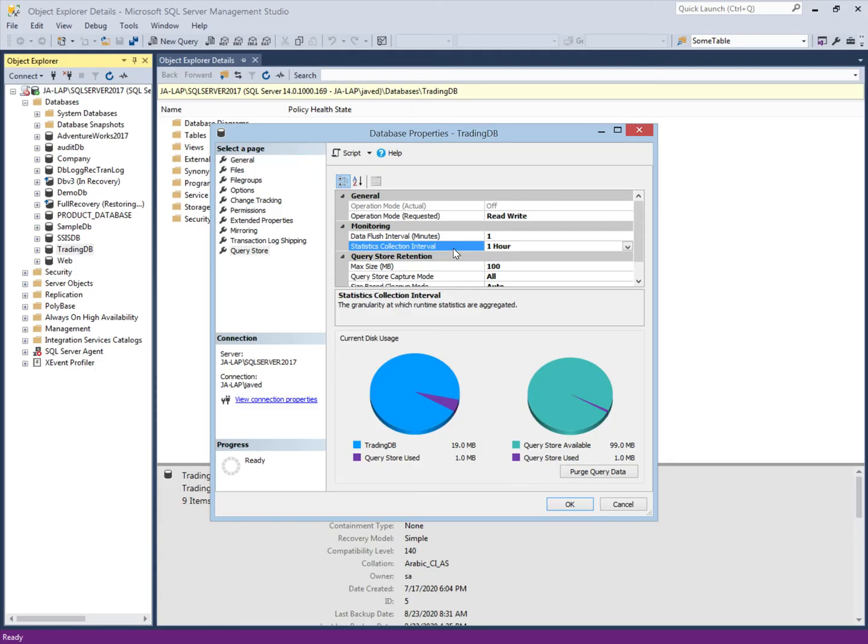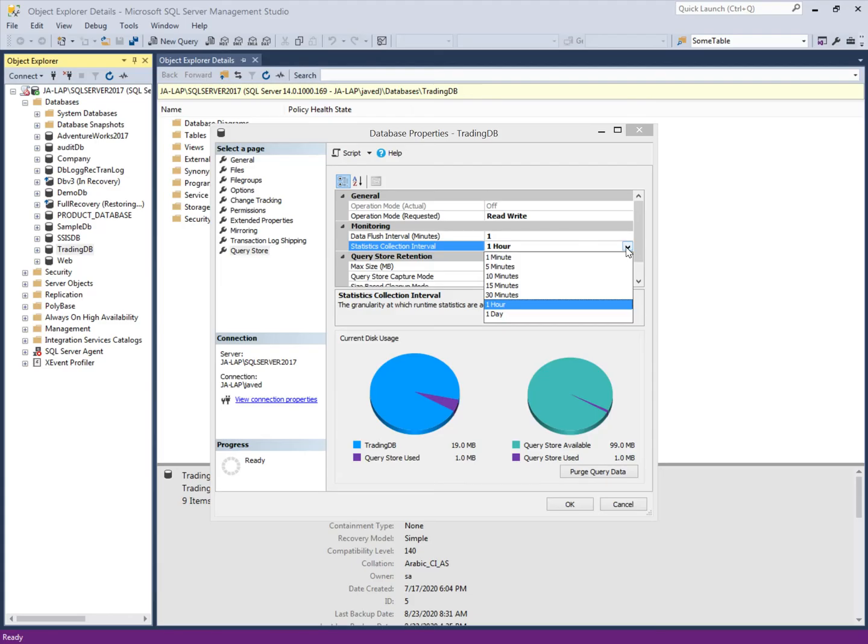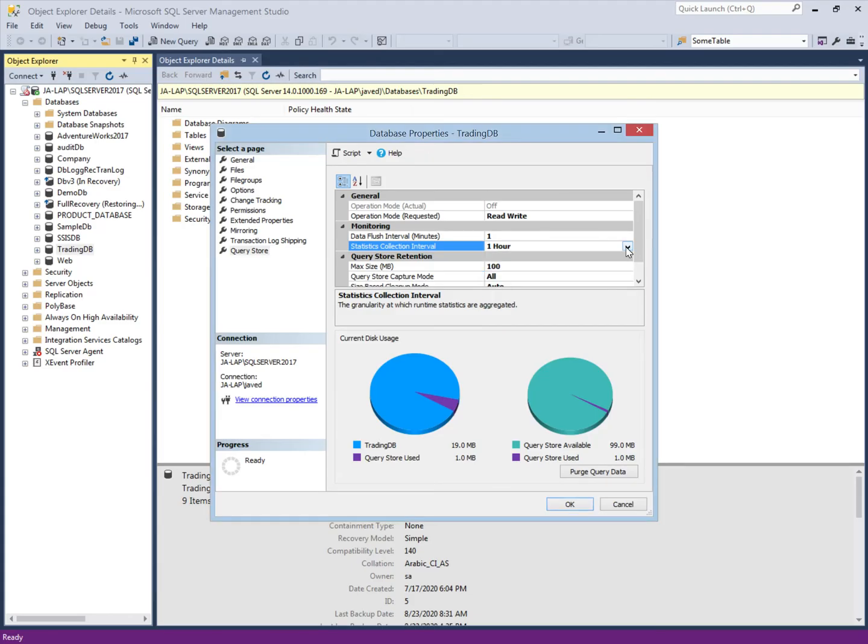This is the statistics collection interval, which is by default 1 hour, and we can change it. There are options like 1 minute, 5 minutes. This is the time interval at which runtime statistics are aggregated. This will directly affect the size of the Query Store data, so we have to set it according to our environment.